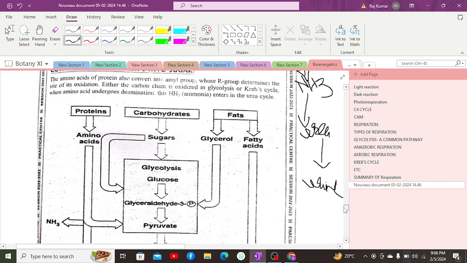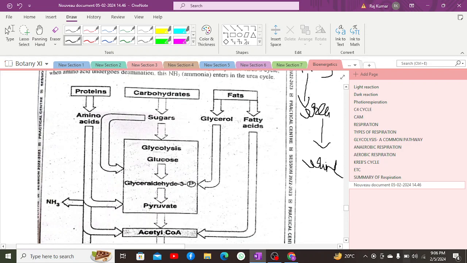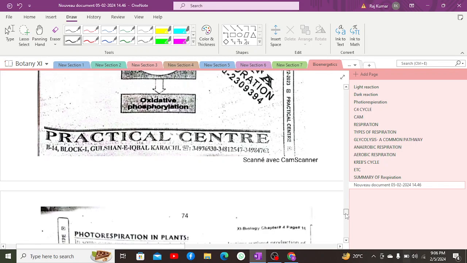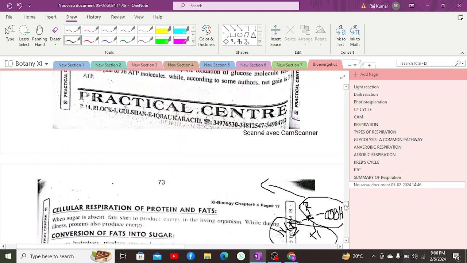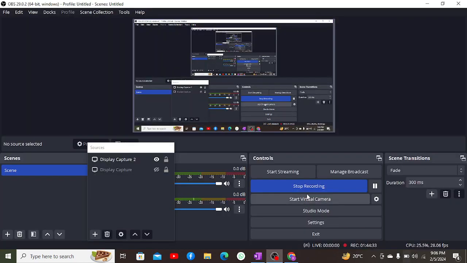When it comes to cellular respiration of fats, it occurs in such a manner that the glycerol which is formed will be oxidized, as a result producing glyceraldehyde. It is an alcohol, so it will be oxidized and form glyceraldehyde, and then it will be phosphorylated, due to which it will form glyceraldehyde 3-phosphate, and again it will undergo glycolysis. Fatty acids will undergo oxidation, due to which they form acetyl CoA and undergo the Krebs cycle. This is the basic mechanism of the entire topic, and hopefully we'll meet again in another